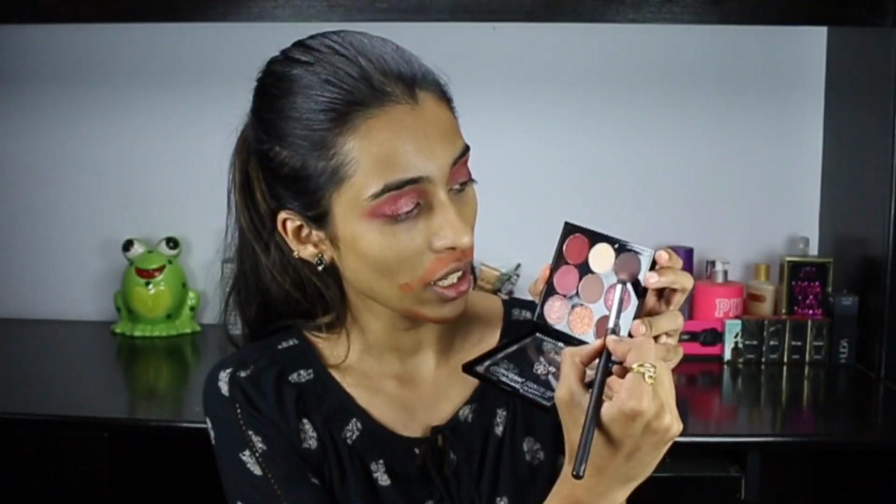Just to add a little bit of something, I'm going to be taking this shade and adding it to my outer corner. So on the eye side, I'm going to be going with this shade right here. Can you guys see that difference in eyeshadow? Like, it looks different in the pan, but when you apply it on the eye,